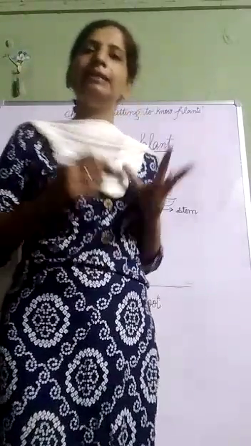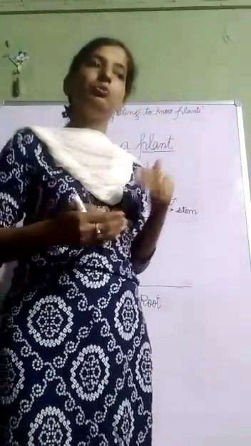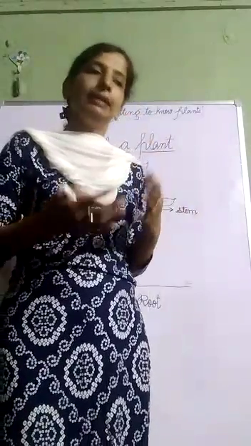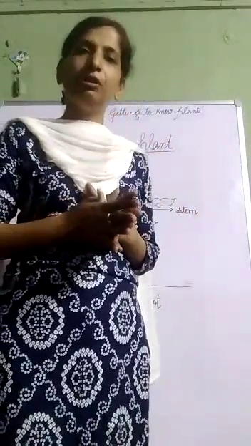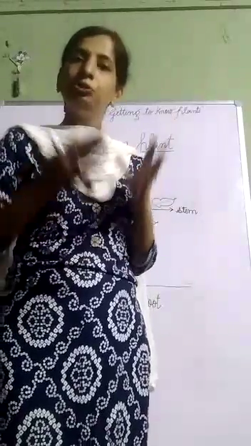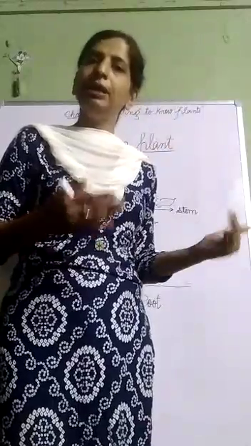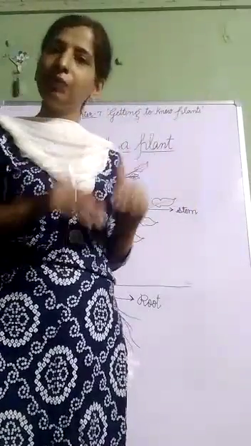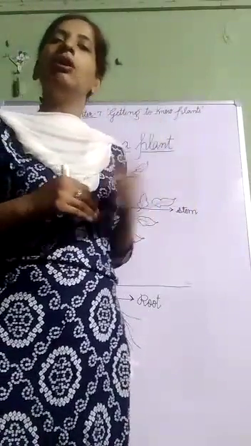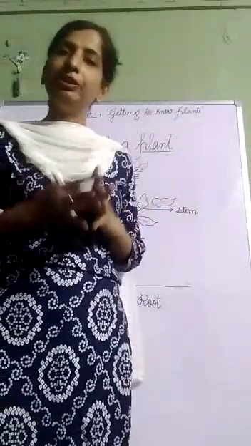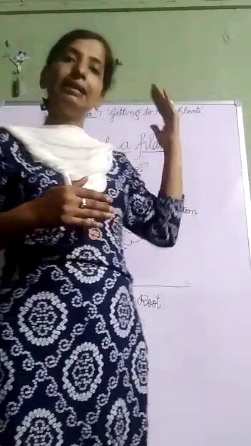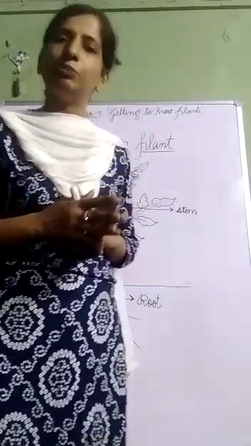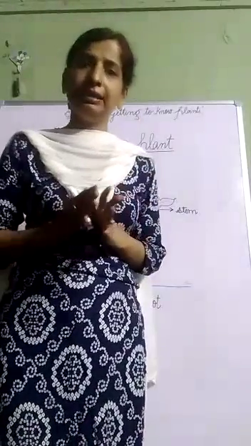And I have told you that this function is very important because when water vapors are released by leaves during transpiration, then it builds up a suction pull, or you can say transpiration pull, due to which water which is absorbed by root is conducted to all parts of the plant by stem. So water from the soil, from the root, reaches all parts of the plant. Some plants are very tall, which we call trees. So up to that higher part of the plant, water is able to reach just because of this transpiration pull. Let me make it clear again.